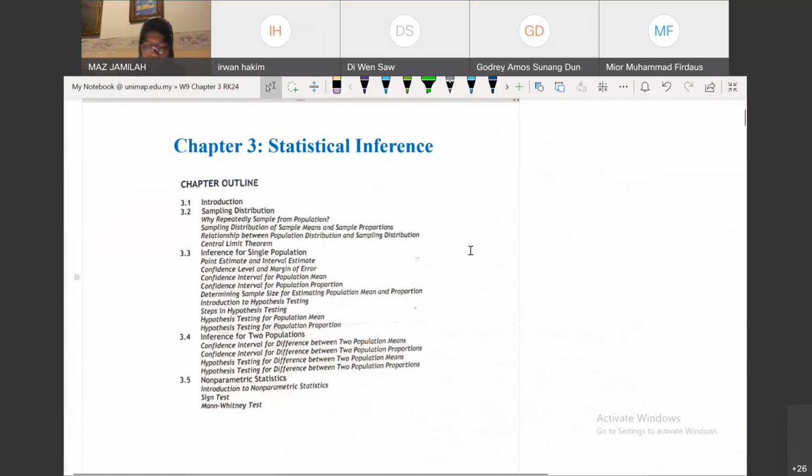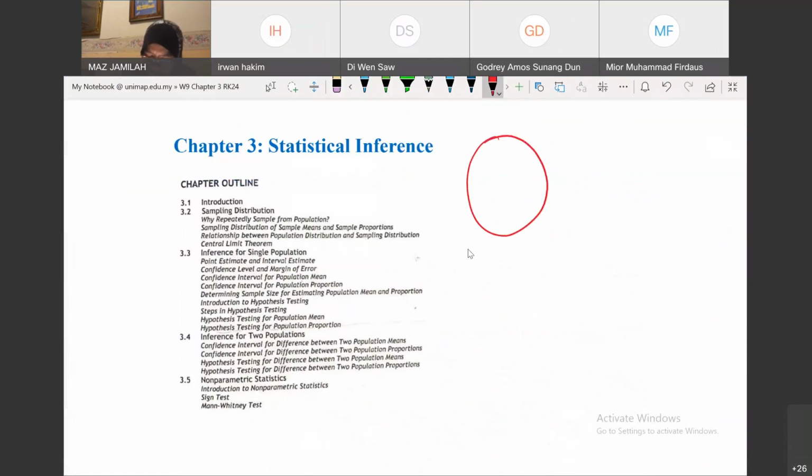Tonight we are going to continue with our third chapter, that will be statistical inference. So what we are going to do tonight is basically how we can use our sample to make a conclusion about our population. Remember last time in chapter 1, we did discuss